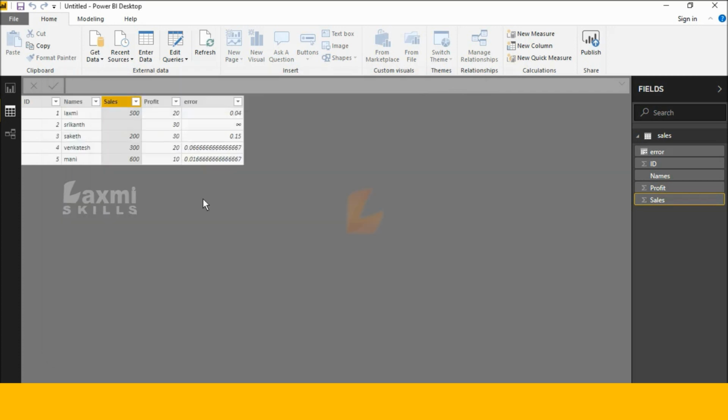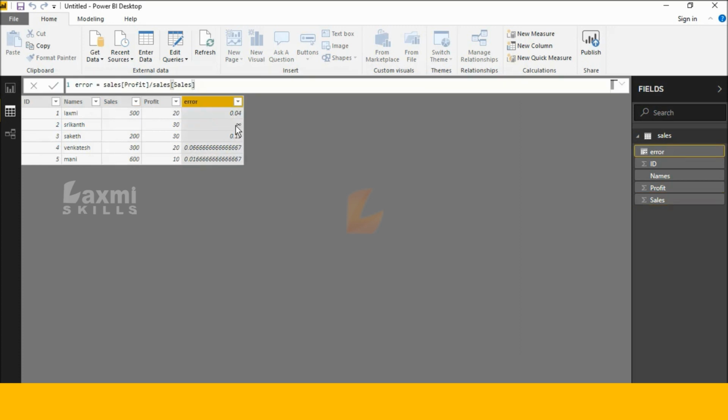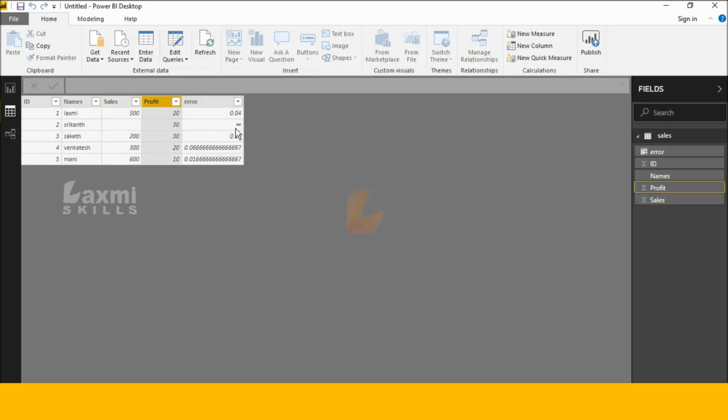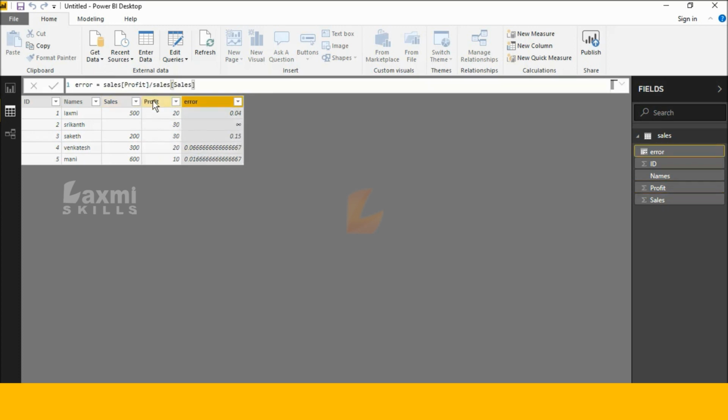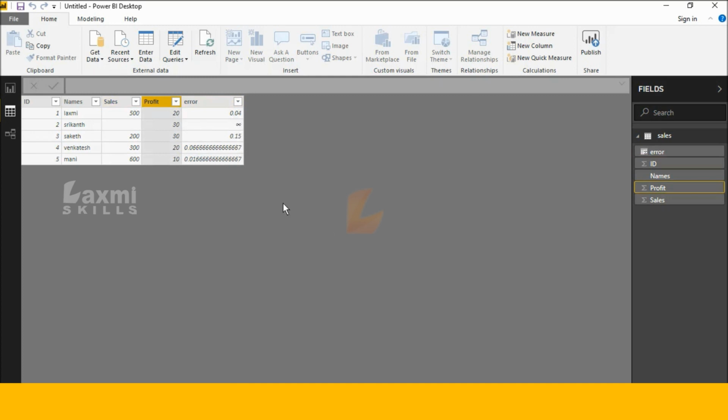Okay, see this here. I've already prepared some data. See this here, this is an error column. In this place it's showing infinity. Infinity is called the infinity symbol. See, this infinity is an error. So now let's start to write